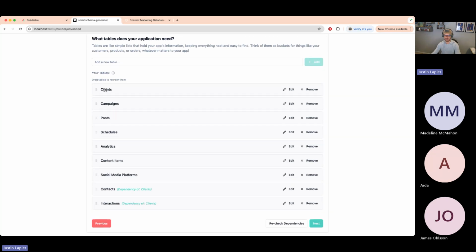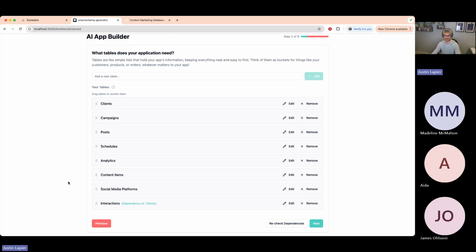It said, okay, you have a clients table, but you need contacts. You need to track which contacts you have at a client. And you need an interactions table with this because you need to track your communications with those clients. So not only is it a content calendar, a content manager, but it's also keeping your communication with your clients. So it added those in. If you didn't want those, once you've done the check dependencies, you can remove them. So maybe I don't really want contacts, so I'll go ahead and remove that. Now when I hit next,